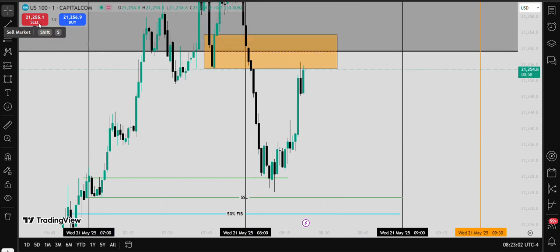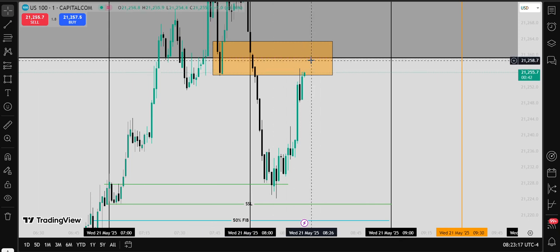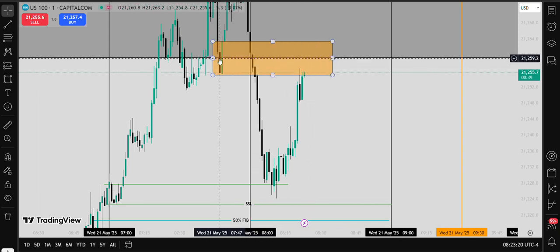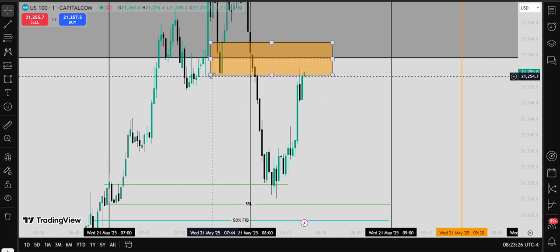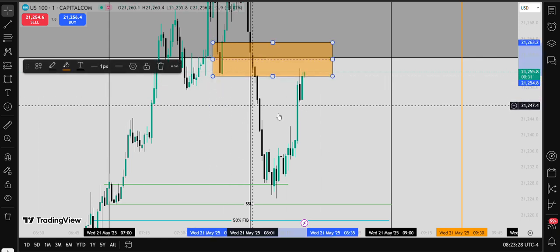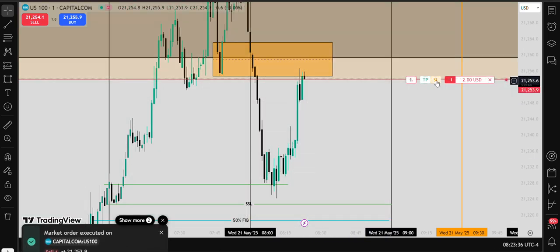Yeah, right there you can see that the body is actually respecting that zone, and waiting still. I'm still waiting. I want to see how it's going to react at this midsection of that breaker right there. Right there. I'm going to take a sell right there. I'll put my stop loss right above the breaker,